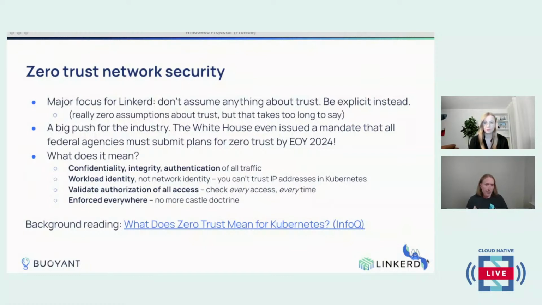You can't assume that because somebody was able to do a given thing half an hour ago, it's still okay for them to do it now. This is usually phrased as check every access every time. And in fact, you have to do that everywhere as well. There isn't really a perimeter that you can draw around anything in the cloud native world. So instead, you just have to do checking all the way down the call graph, every access, every time.